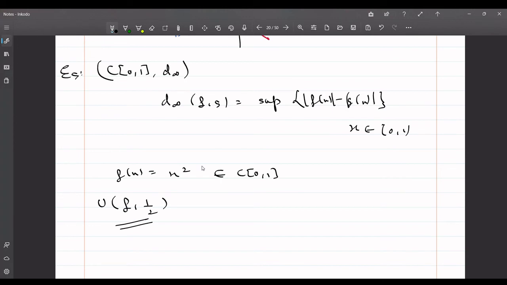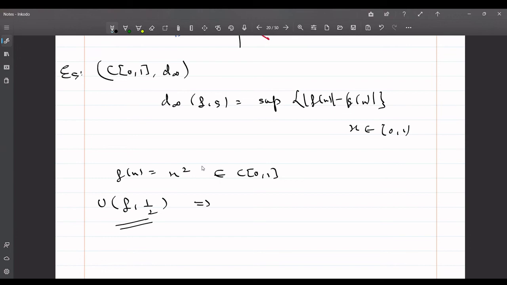Basically, what we need to find here is a region around the function f(x), such that the region has its maximum distance from f(x) as half. The maximum distance between the boundaries of the region and f(x) is half, and f(x) plays the role of the center of this region. It passes through the center of the region and symmetrically divides the region into two parts, you might say. So can we form